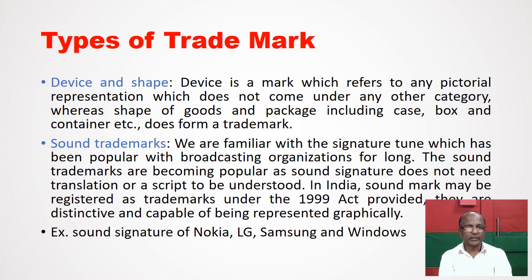Another type of trademark is device and shape. Device is a mark which refers to any pictorial representation and which doesn't come under any other category, whereas shape of goods and package include case, box, container, etc. and does form a trademark. So, a particular company's product is generally contained in a package, and that package shape or the case or the box also come under the trademark. So you have to do the registration process to protect your shape and device also under the